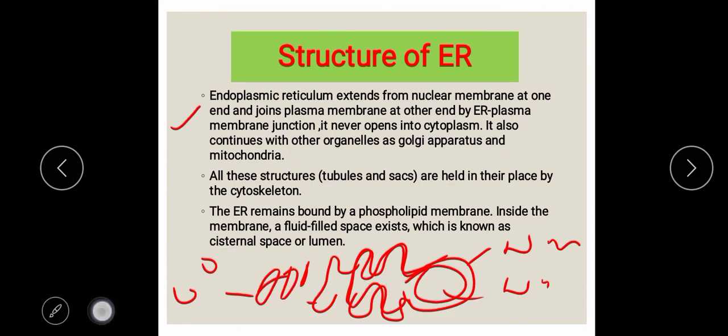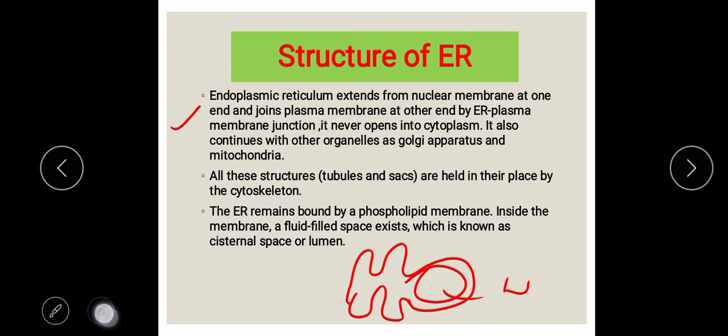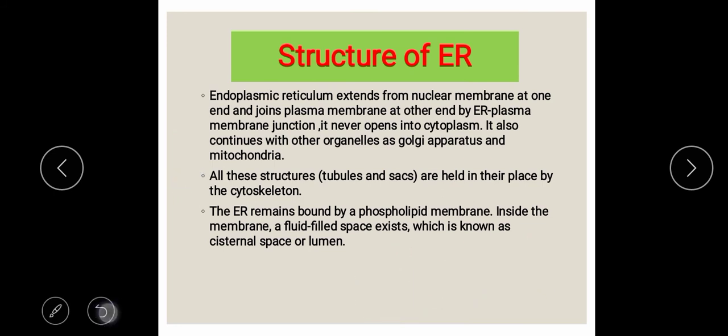So next point, all these structures, tubules and sacs, are all held in place by the cytoskeleton. The ER remains bounded by a phospholipid membrane, and inside the membrane a fluid-filled space exists, which is known as the cisternal space or lumen. This point is understood by this diagram, that the endoplasmic reticulum,